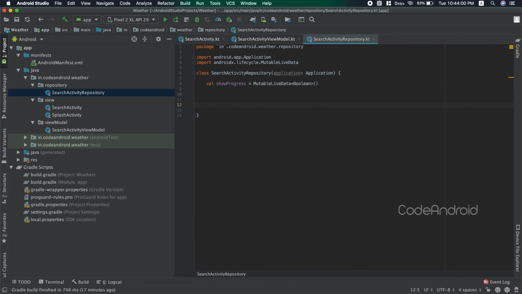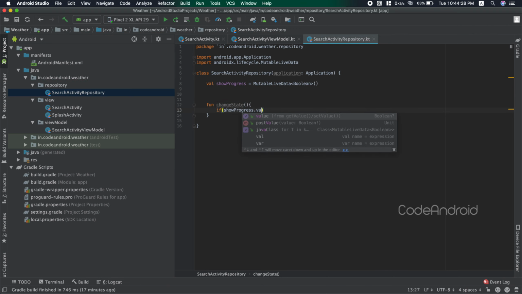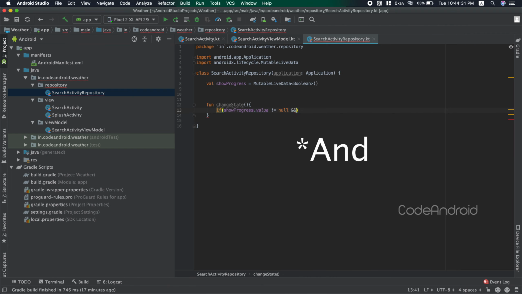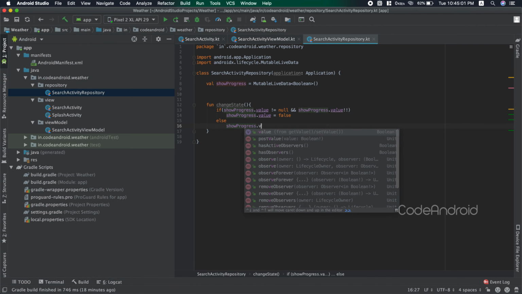So creating a function called changeState in our repository. If the value of the progress is not equals to null or true, then setting the value as false. Otherwise setting the value as true.